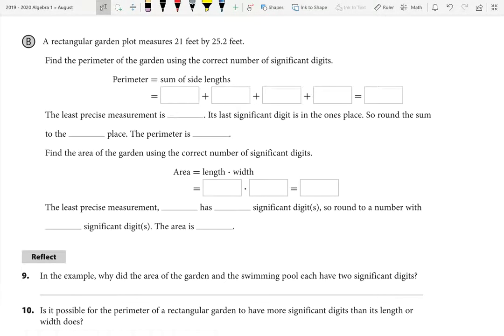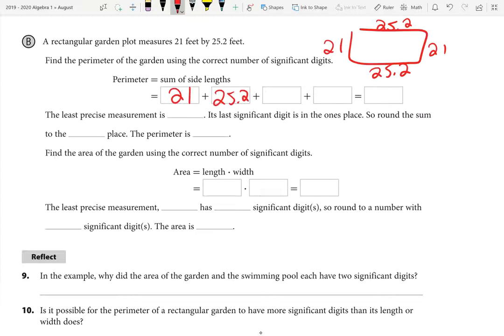All right, let's look at this question. A rectangular garden plot measures 21 feet by 25.2 feet. Find the perimeter of the garden using the correct number of significant digits. Remember, perimeter is adding up all 4 sides. So we have 21 feet on these sides, and we'll have 25.2 feet on these sides. So we add up all 4 of these numbers: 21 plus 25.2 plus 21 plus 25.2. And we get